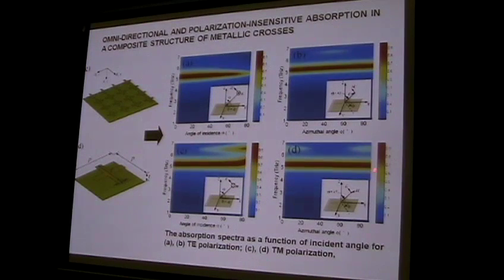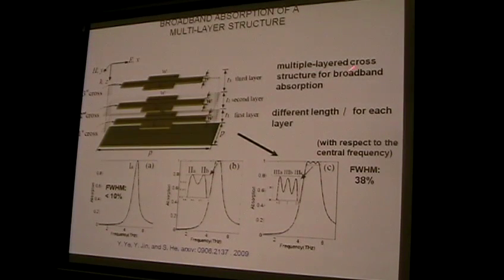And for both polarizations, both the TE case and the TM case, all works very well. So this will give you omnidirectional and polarization-insensitive absorption, for both polarizations, with this kind of orthogonal dipole array. And we can also broaden the absorption band further by a multi-layer structure, where each layer has the orthogonal electric